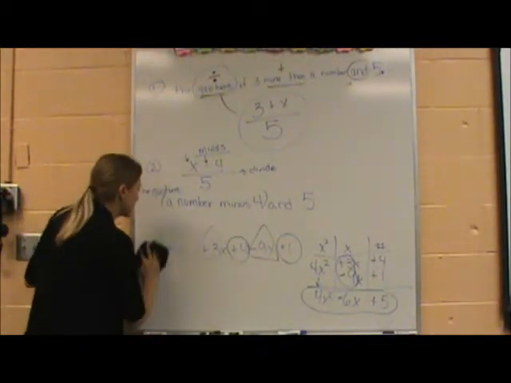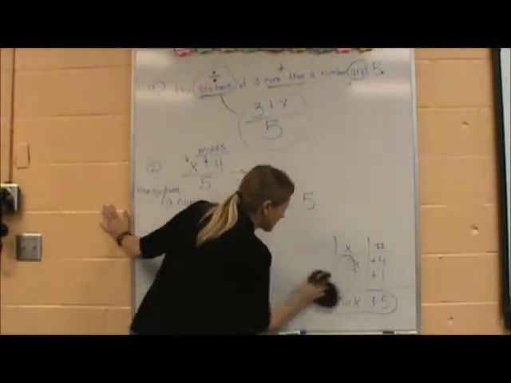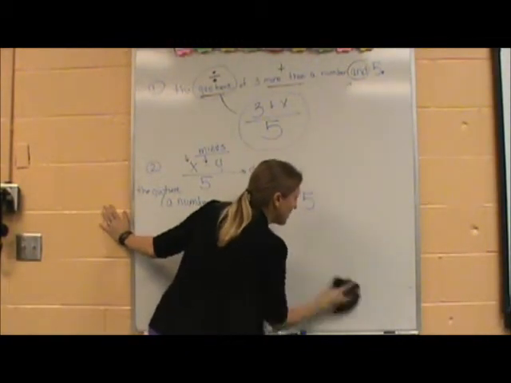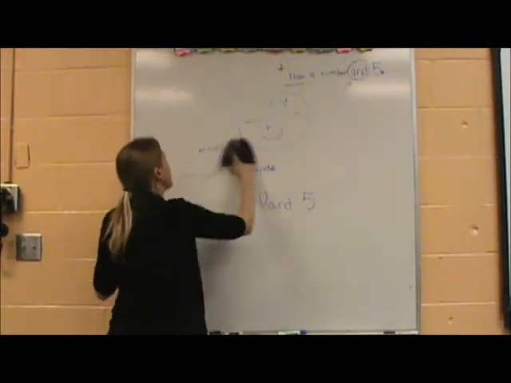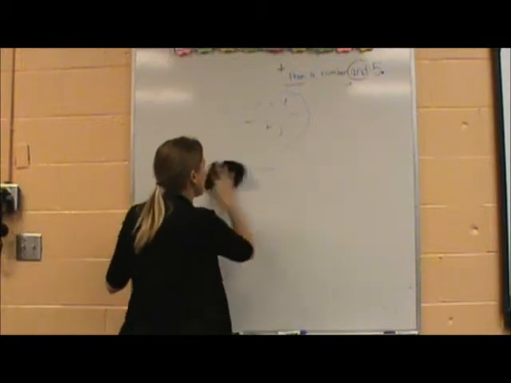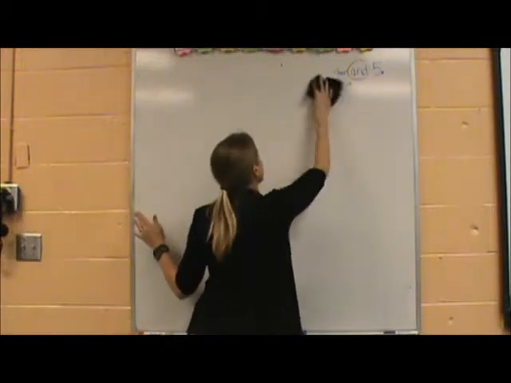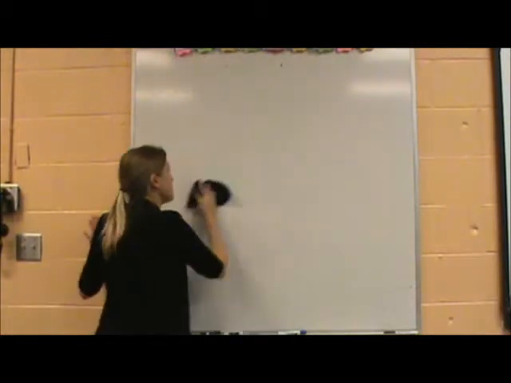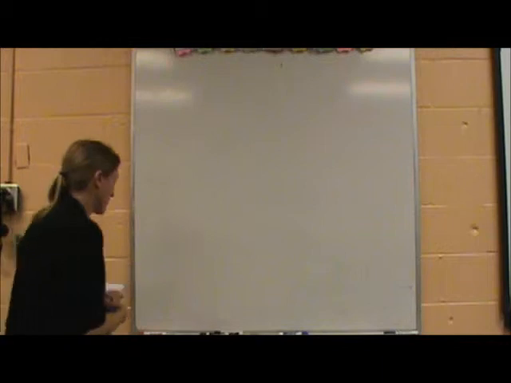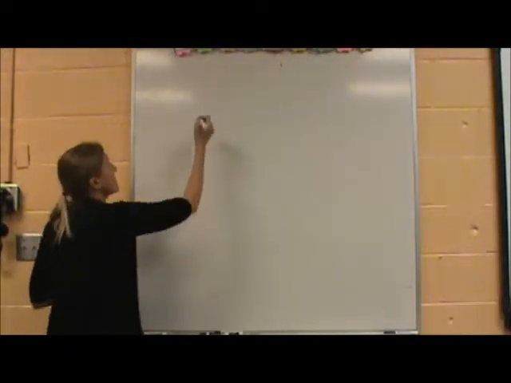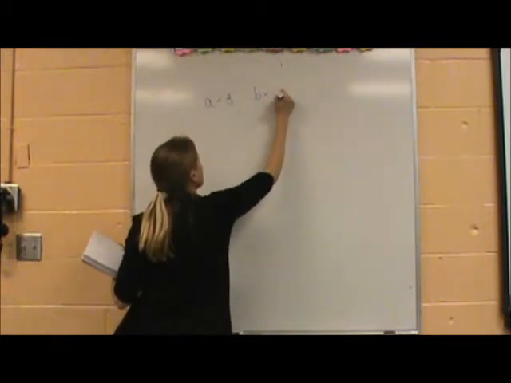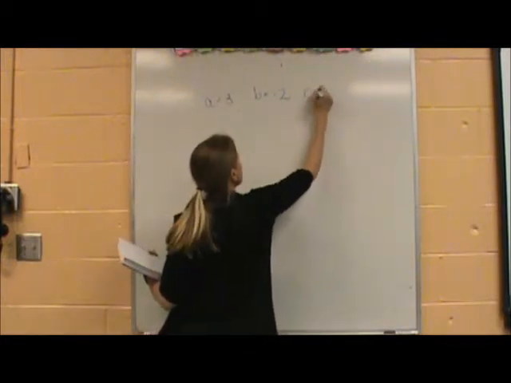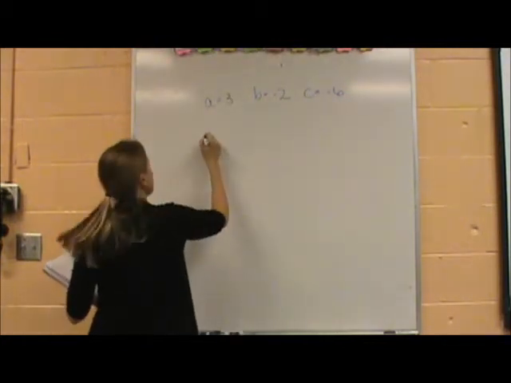And finally, we're going to wrap up with our last question, so I'm going to need to erase the board. And we're going to combine substitution and combining like terms to get an answer. So I'm going to write down our next problem on the board. And our next problem states a equals 3, b equals negative 2, c equals negative 6, negative 8a